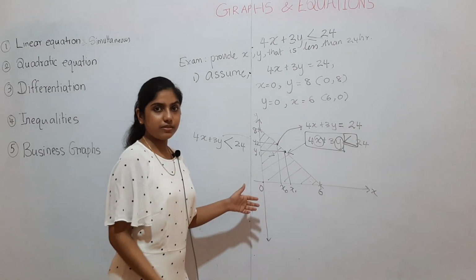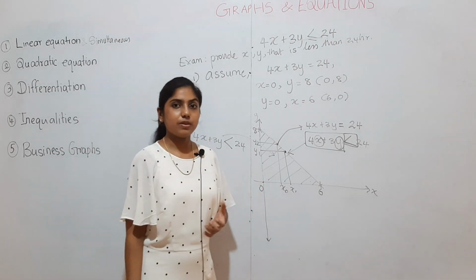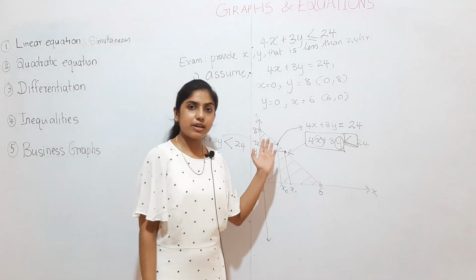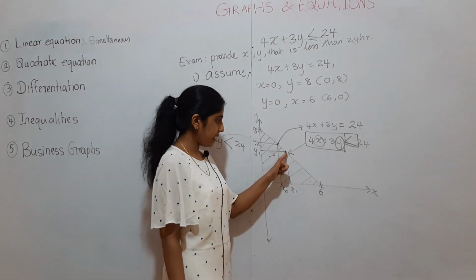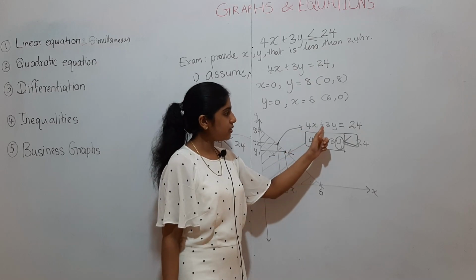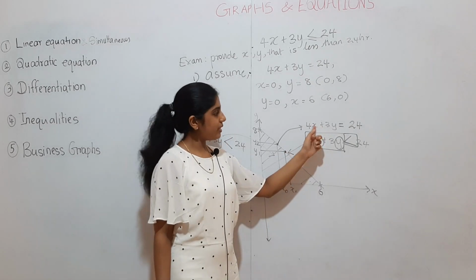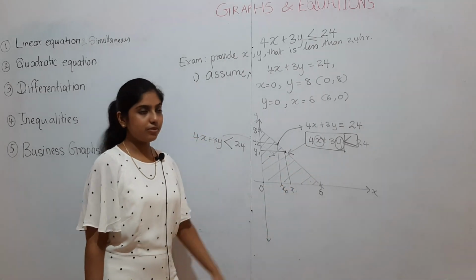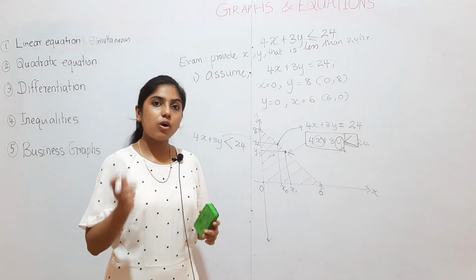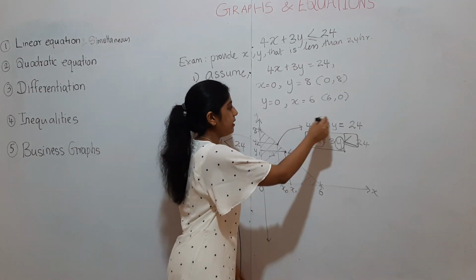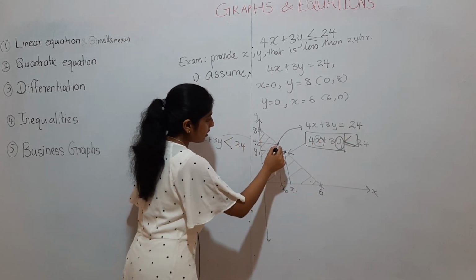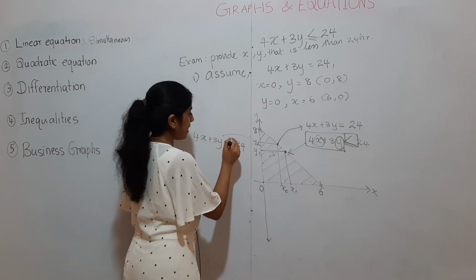Try it on graph paper, where you can take the values of x one by one and the values of y one by one and neatly find out. Select a point on the line and then substitute that point's values into this formula. You will get the same. Check and see, will you? It will definitely be equal to 24. So remember, any point on the line will be equal to 24 and anything below the line will give a value less than 24.